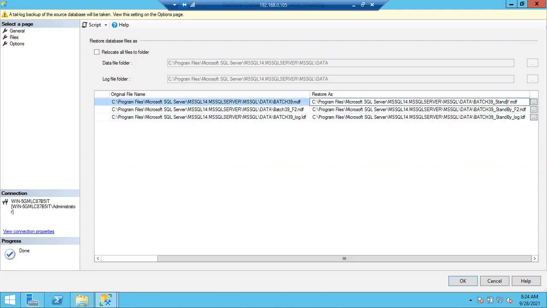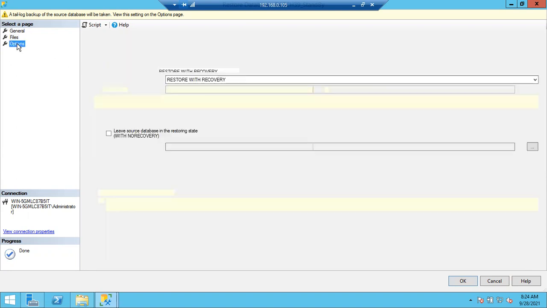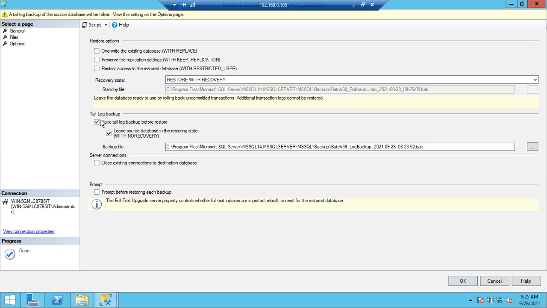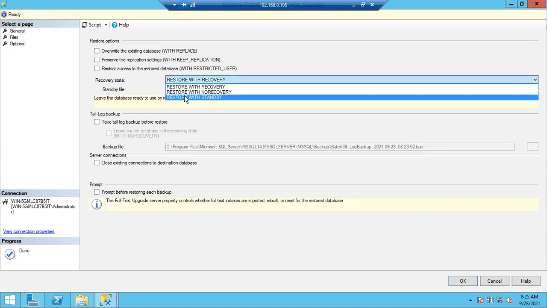No problem. So the file name should not be identical. You can give underscore one also here. No need to type the whole name. But to understand these files belong to bash@9 underscore standby, I'm just mentioning the name. Here now you can give simply one also. The name should be different when compared to the original name. That's it. Okay. Options: restore with standby state.